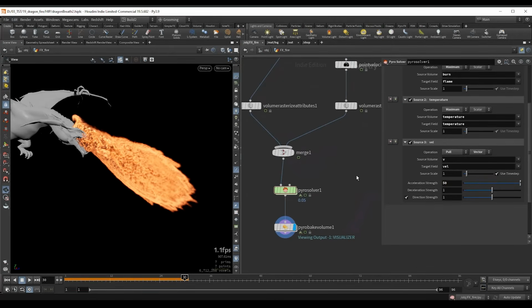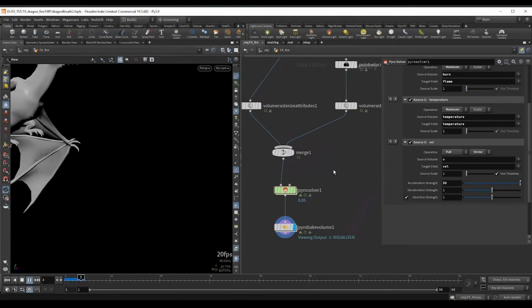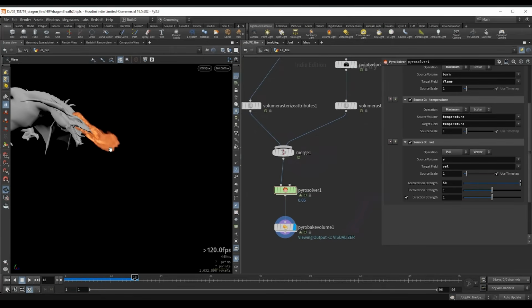So a value of 50 will bring the velocities in pretty fast, but it won't be as fast as the add operation. So this is all that we are interested in. We want to blend in the velocities. Because we are blending in the velocities, they won't be as strong and harsh and create that mushroom cloud look. So as a result, we should still have the fire being pushed by our velocities.